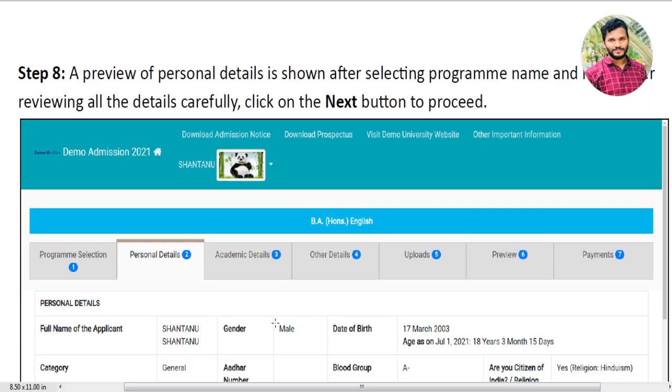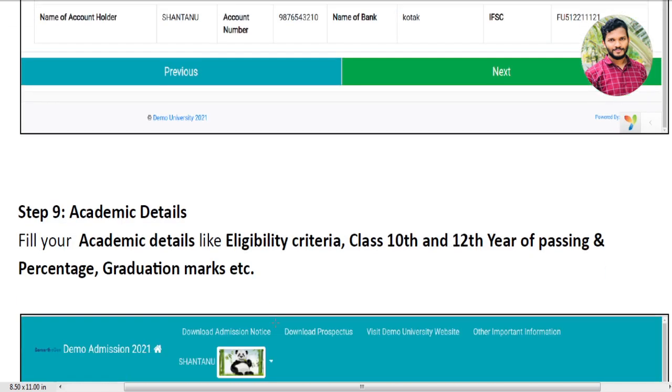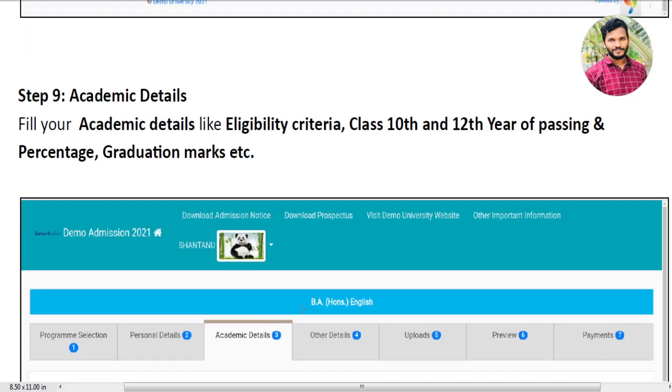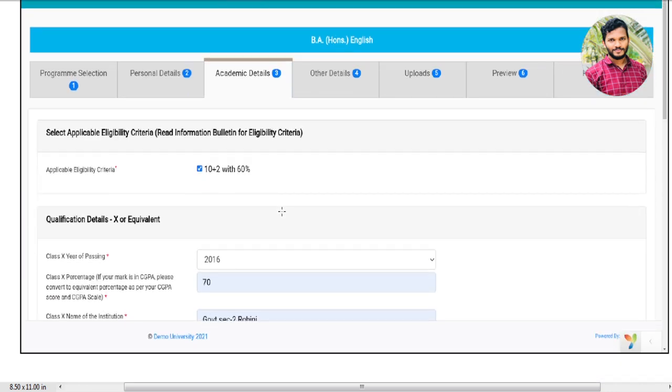Okay, academic details. The next stage is academic details. That is, fill your academic details like eligibility criteria, class 10th and 12th and degree, PG marks, etc. Okay, in this section you have to enter your score.